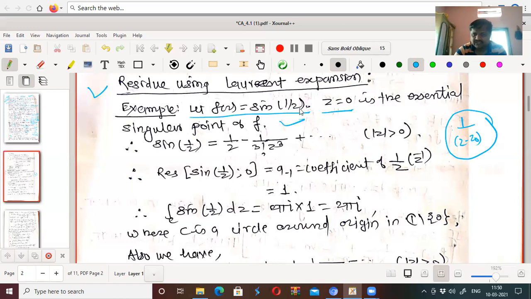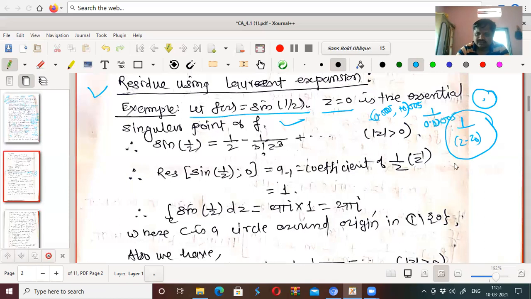essential singularity of f, because in the neighborhood of z there is again a singularity of sine 1 by z. In the neighborhood of z means, suppose we have taken a very close point of z equal to 0, that is 0.0005. So minus 0.0005 to plus 0.0005. This is the neighborhood there. So such a circle is there. So 1 upon this point is nothing but something 1 upon 0. It is a circle having radius 0.005.